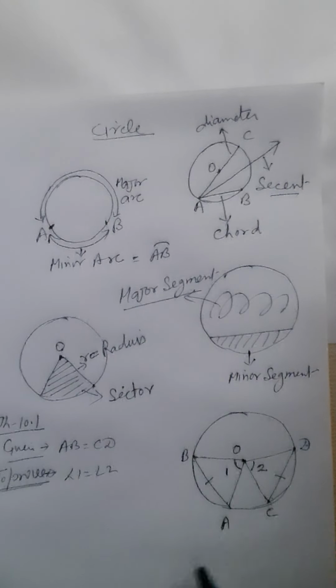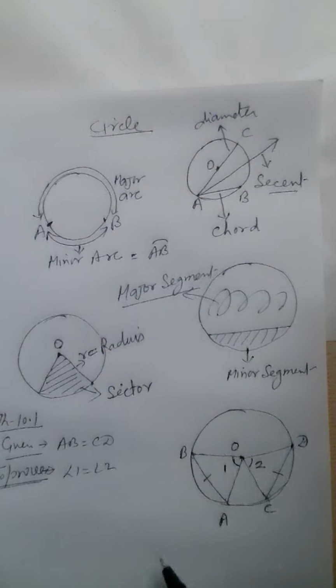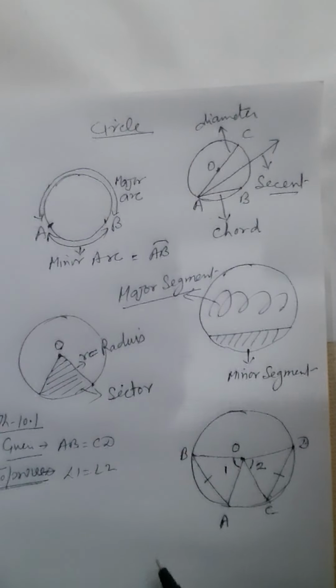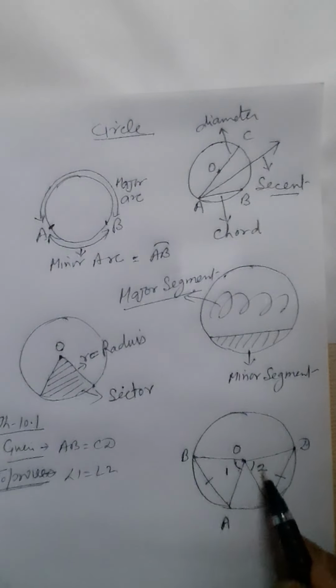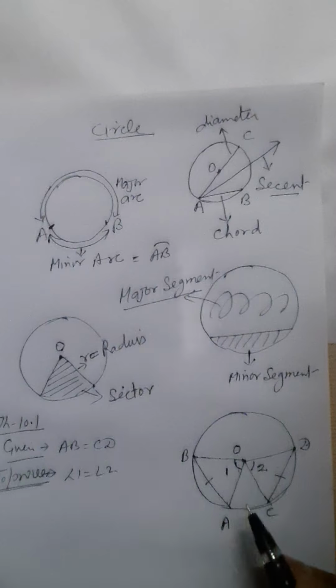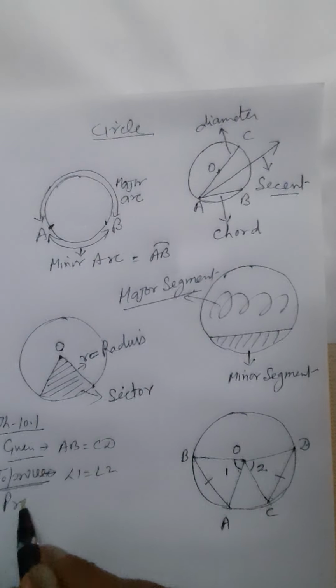जो चीज़ आप ड्रॉ कर सकते हैं, वह गिवन है, और जो आपको प्रूव करनी है, लिखा है इक्वल एंगल्स। आपको गिवन था क्या? इक्वल कॉर्ड्स आर गिवन टू यू, सबटेंड इक्वल एंगल। तो दैट मीन्स यू हैव टू प्रूव एंगल 1 इज इक्वल टू एंगल 2. To prove this part, the proof is very simple.